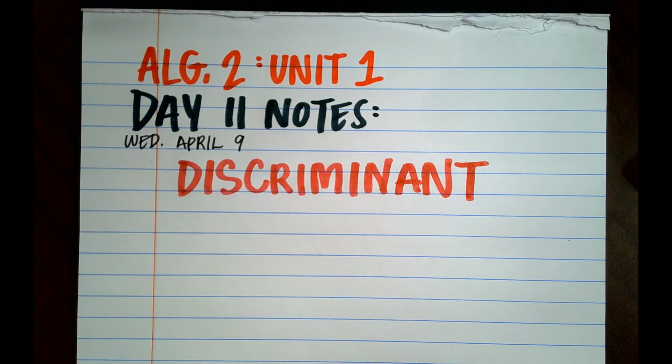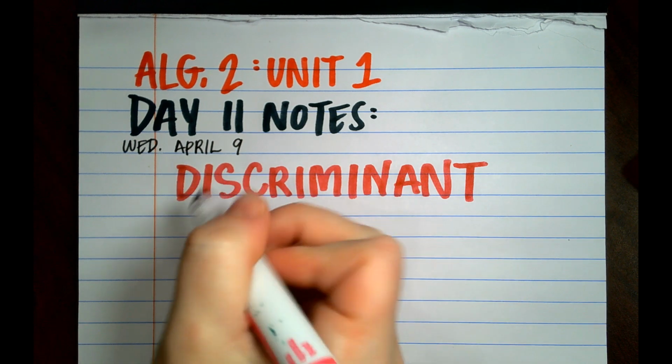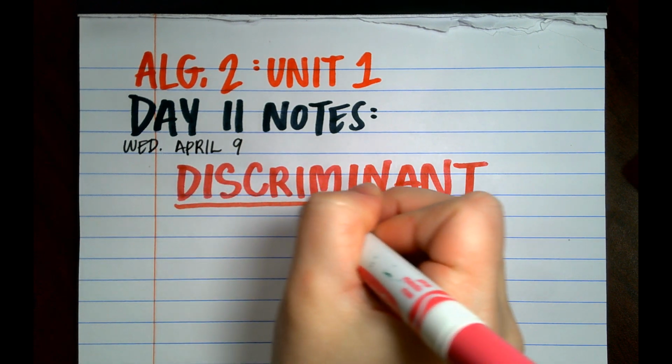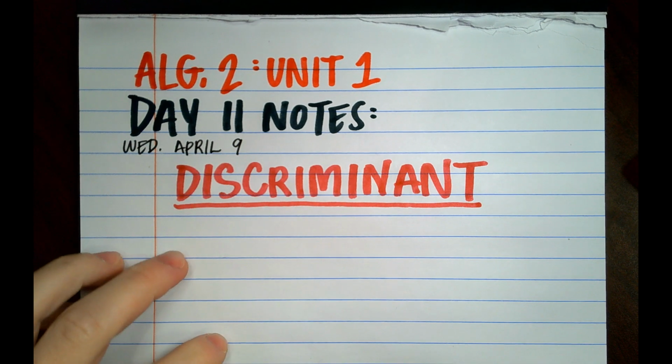Okay, it's a funky word to say. Discriminant. Everybody say that. Discriminant. Discriminant. Beautiful. Discriminant is the word that describes the value that we get under the square root in the quadratic